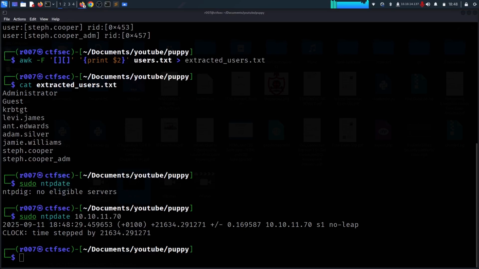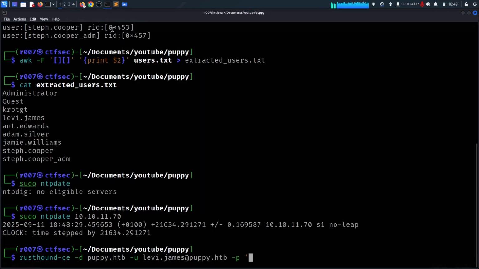So what we're going to do next is to gather the BloodHound data using this particular user we have access to currently. And we're going to use rusthound for that, CE. And we're going to specify the domain, which is poppy.htb. The user we have access to right now is levi.james at poppy.htb. And our password is,